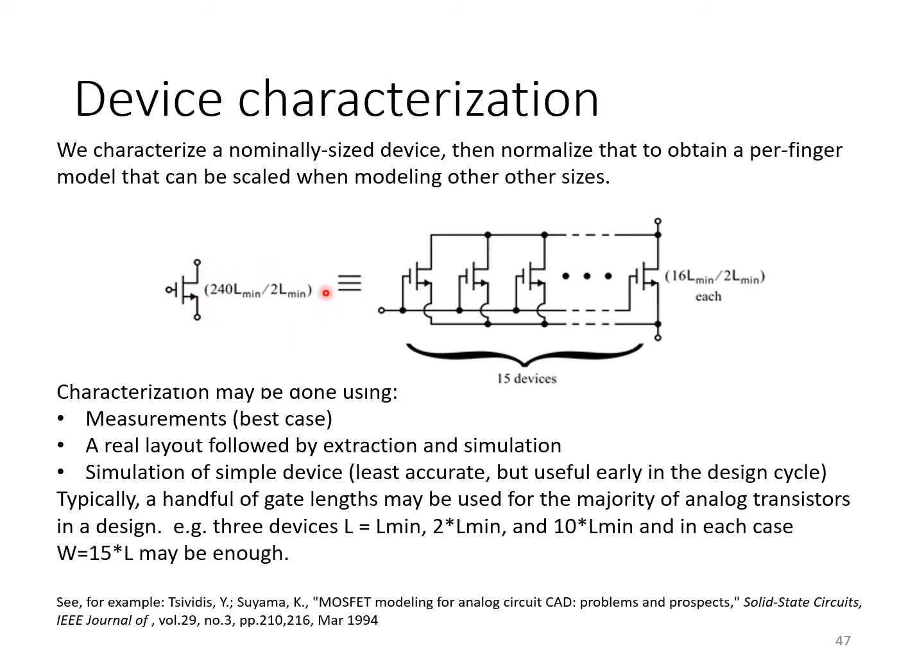So here in this one, we're focused on transistors with gate length 2 times the minimum gate length. And you'll just pick some nominal value for the width. In this case, it's relatively large. I chose W over L ratio of 120. A W over L ratio like that would normally be broken up into many parallel fingers, as discussed earlier. In this case, I've broken it up into 15 parallel fingers, each one with a W over L ratio of 8. And then I'm going to do a bunch of characterization on this multi-finger transistor,